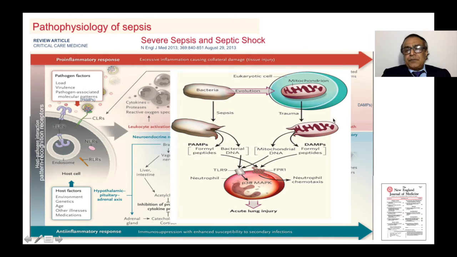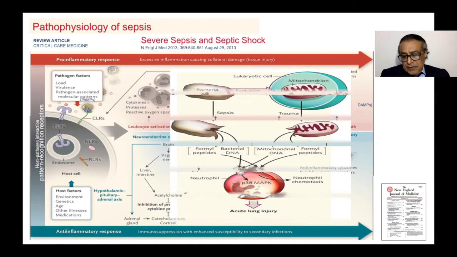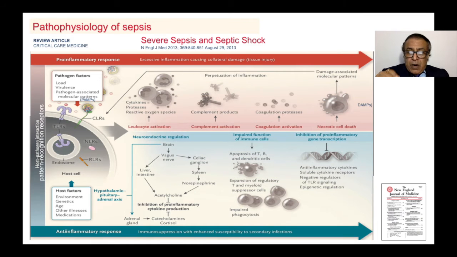And if you see the DAMPs which are being generated from mitochondria, they include formyl peptides, and similar formyl peptides are liberated from bacterial degeneration. And bacterial DNA and mitochondrial DNA still have a lot of similarity, so that they can incite and be recognized by the pattern recognition molecules sitting on the cell surface of the antigen presenting cells, or the native innate immunity cells which need to react to these antigens. Now,